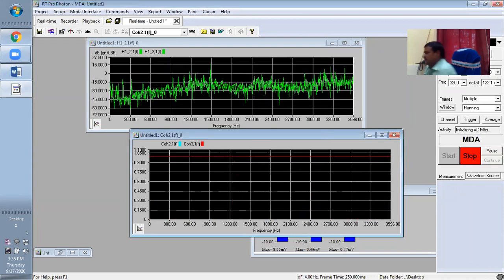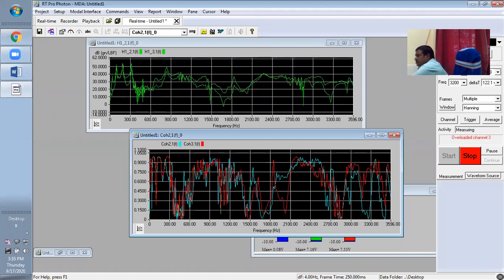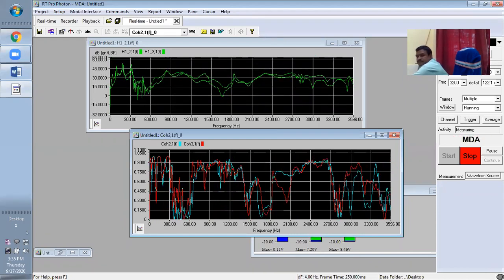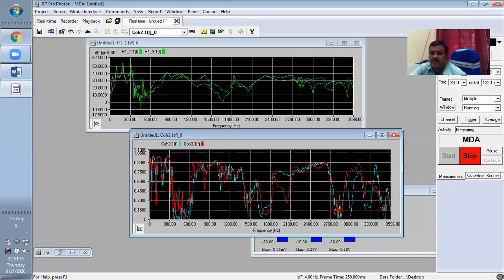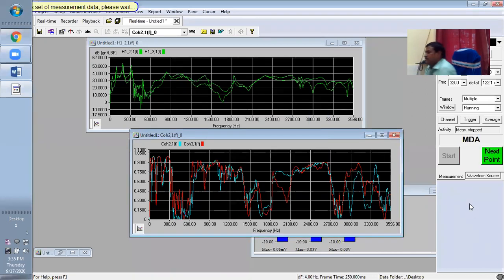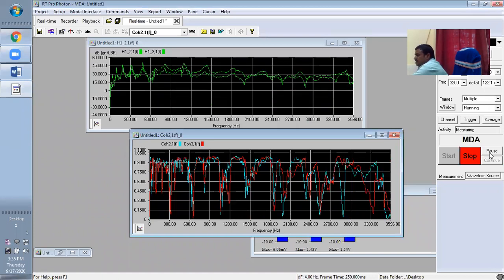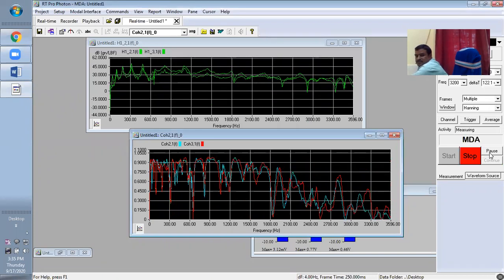The next data I'm taking here. The last data I'm taking is on the 5th position, nearby 11 in.